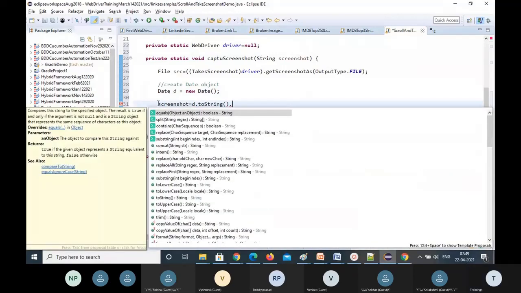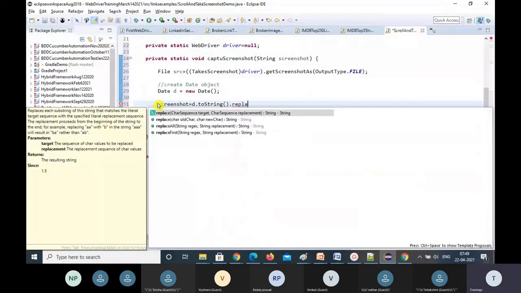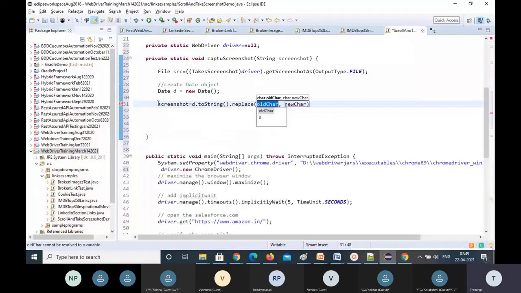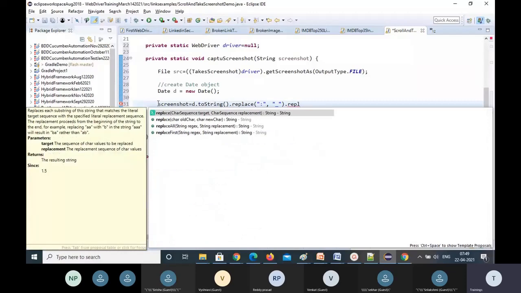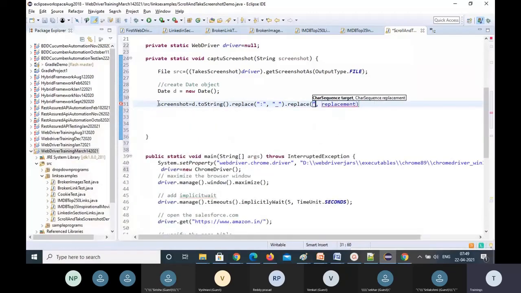Then I'm using the replace method. A colon is coming in the date, and I replace it with an underscore. I have shown you the same thing in Java; I don't know whether you remember or not. Again I call the replace method, because the date has a space, and I replace that space with an underscore again.